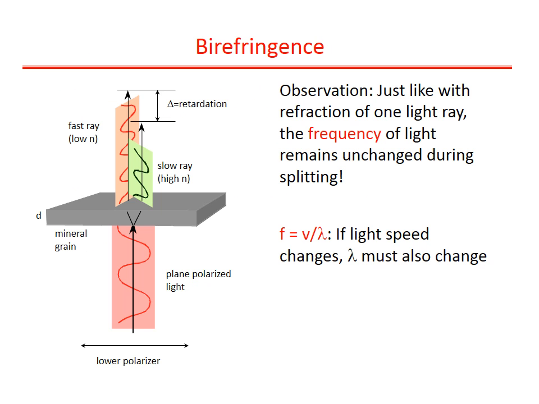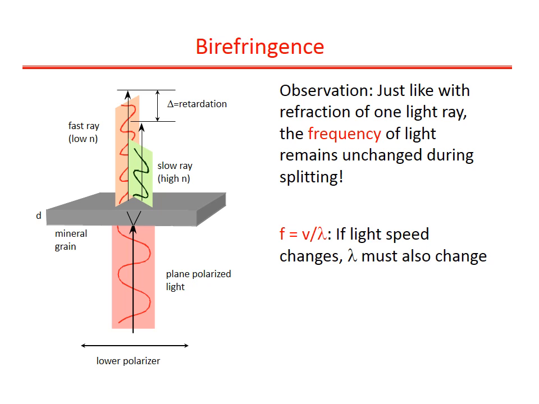So here's a diagram showing the light splitting effect for a ray of light passing through a crystal that's first been filtered east-west by the lower polarizer. As with Snell's law before, the frequency is constant. So as velocity drops, the wavelength also changes. So notice the slower light ray has also lagged behind the faster one, and it turns out the amount of